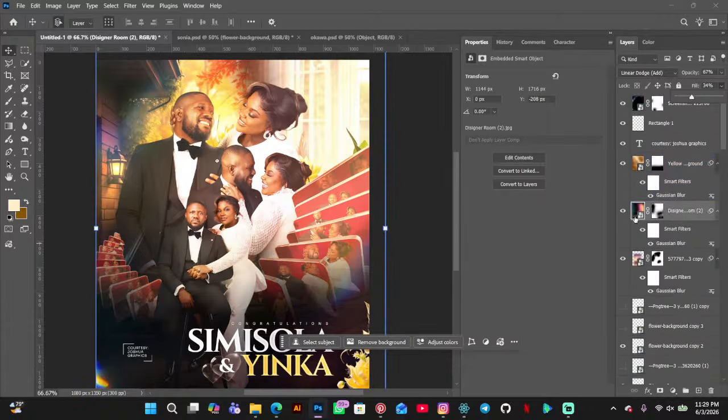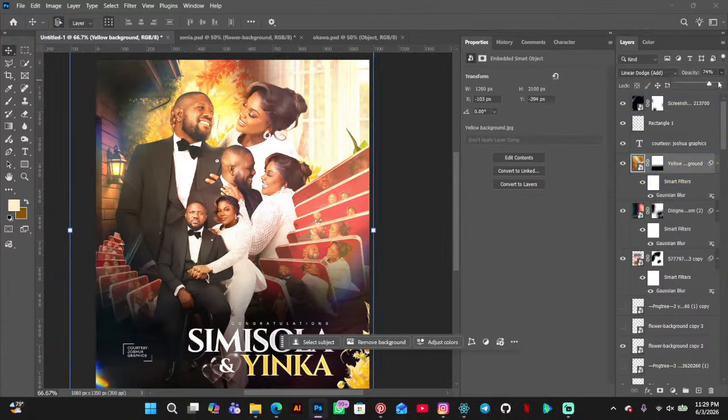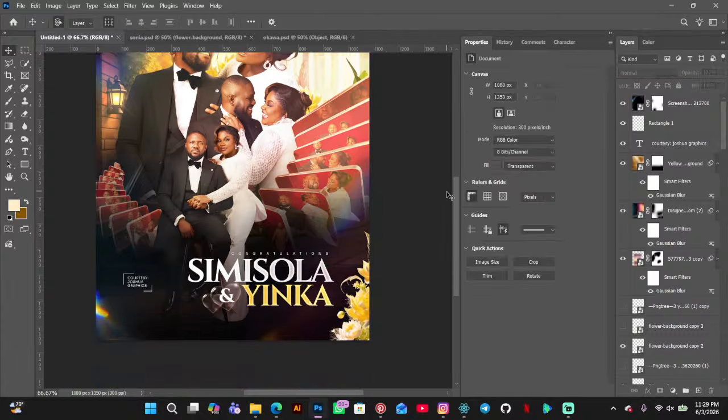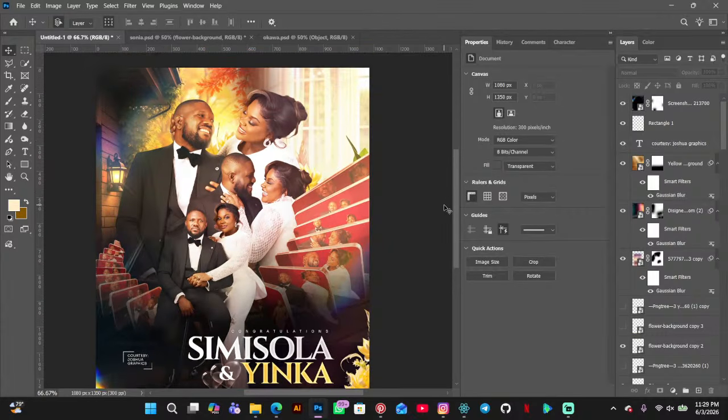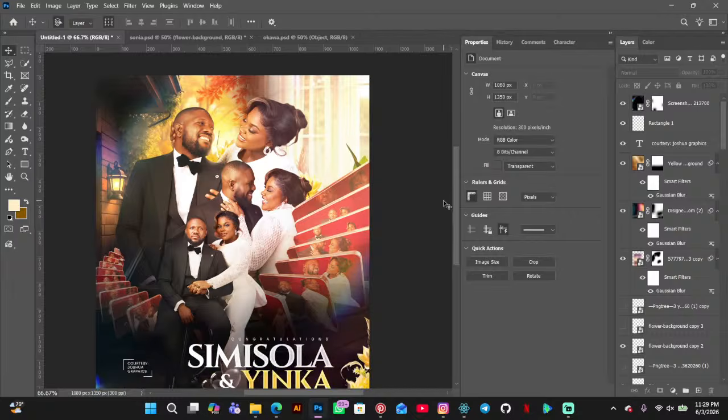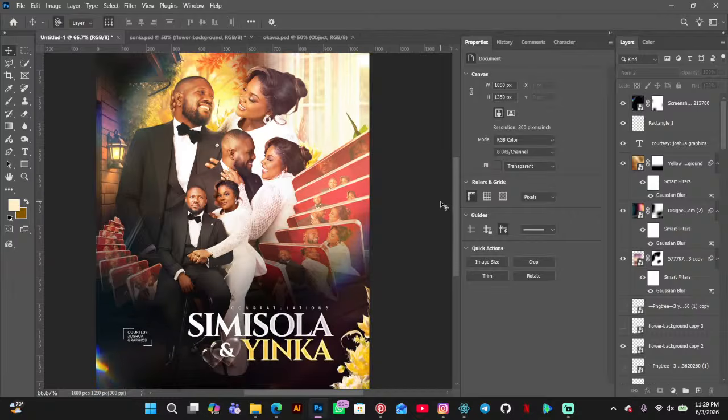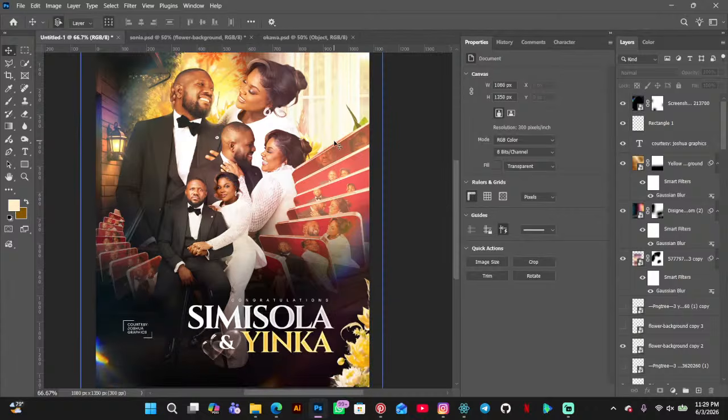Okay, we have to modify this light effect so it doesn't come too bright. That's it, guys. I'm just going to save my file,